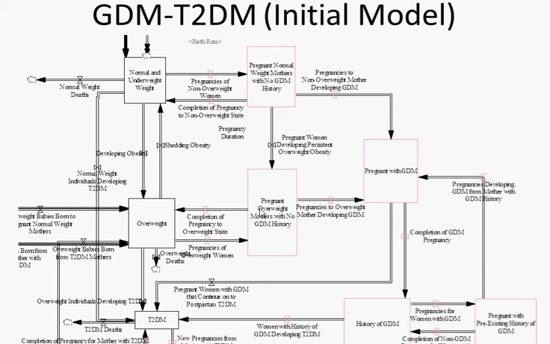So here we have women who are, the count of women are normal and underweight, overweight, and those with type 2 diabetes. And for women who are pregnant, we keep track of whether they're normal weight or overweight, and that influences the chance they'll develop pregnancy with gestational diabetes. Following delivery, a baby is born into the model, but the woman who gives birth also has a history of gestational diabetes that predisposes her for developing gestational diabetes once again, as well as type 2 diabetes. So we unpack that into this sort of model,